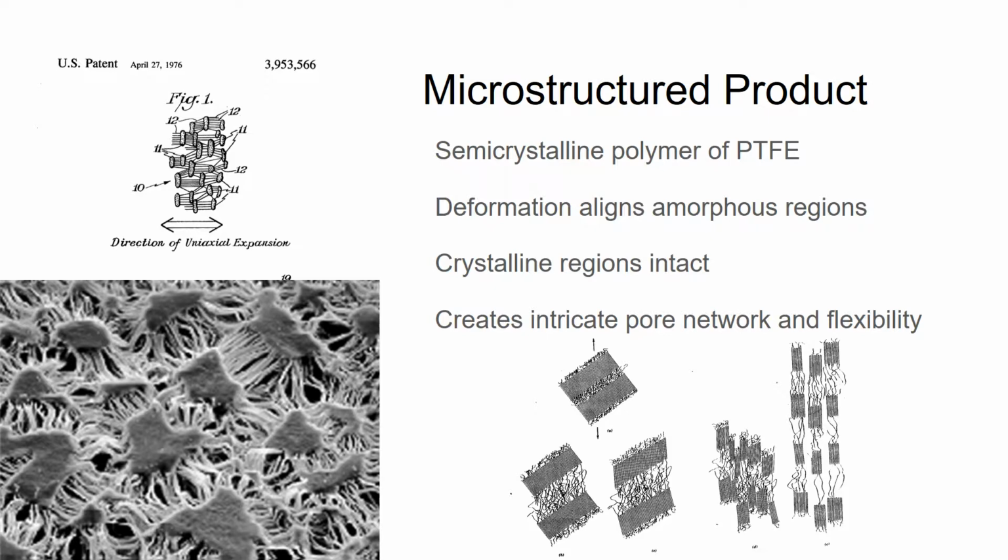When the PTFE is rapidly expanded, the semicrystalline polymer is deformed, creating alternating crystalline and amorphous regions and creating a network of pores that lead to Gore-Tex's selective permeability. The small pore size lets water vapor pass through, but not water droplets. Since the membrane is permeable to water vapor, fabrics made with Gore-Tex allow sweat to evaporate. The air permeability of Gore-Tex is less than 1 cubic foot per minute, making it windproof as well as waterproof